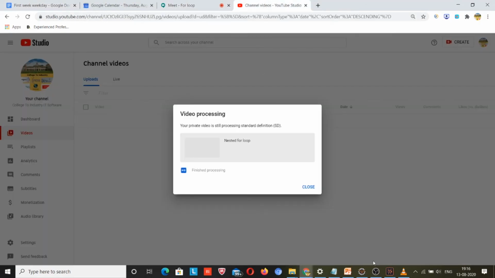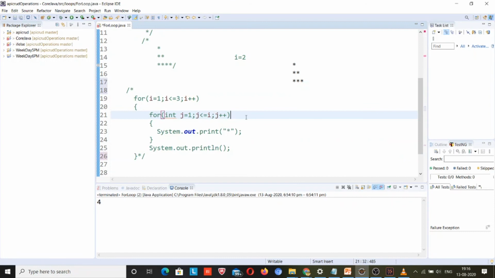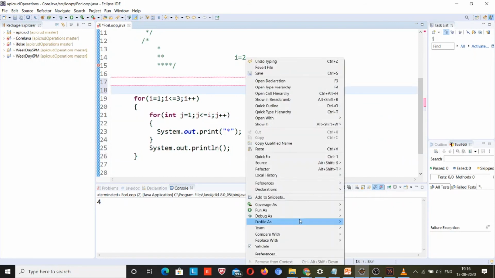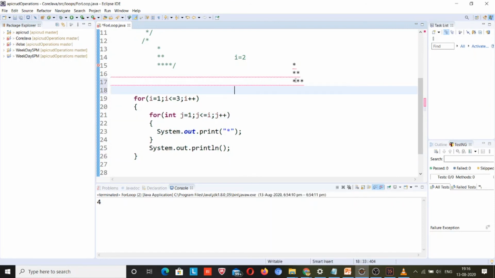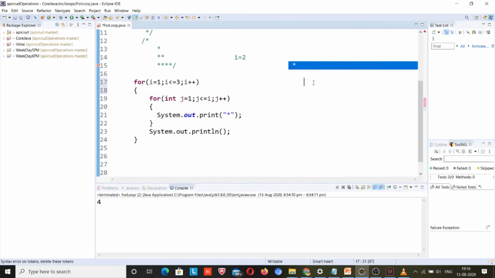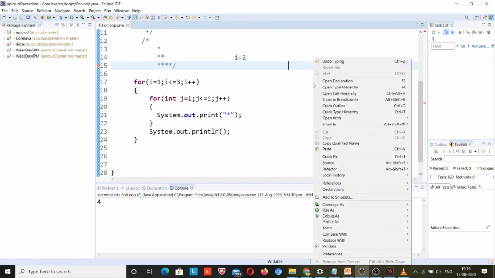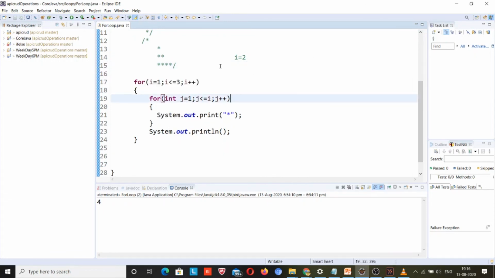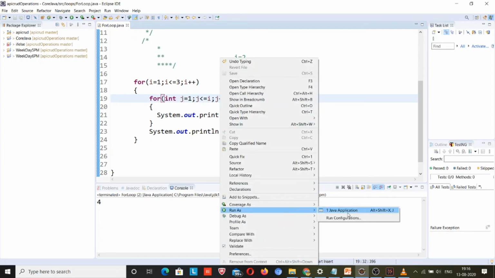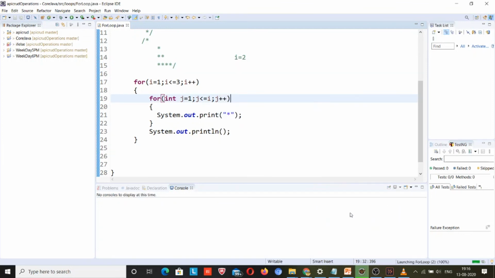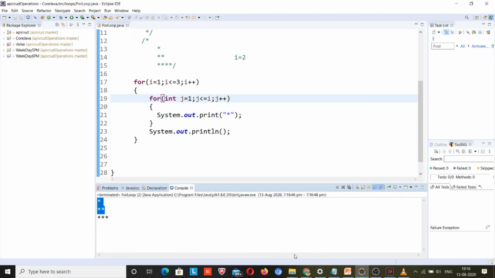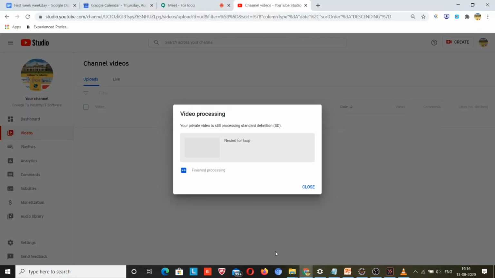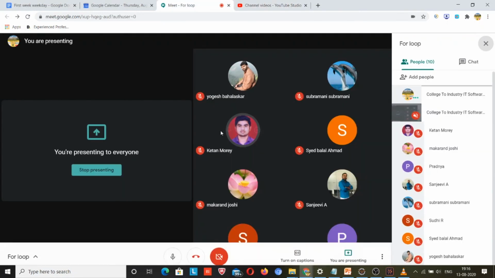I will run this code first so that you can see, because this is the error. And what else? Yeah, the error is gone. I'll run. So this was printed, but guys, this type of logic you should write on your own.